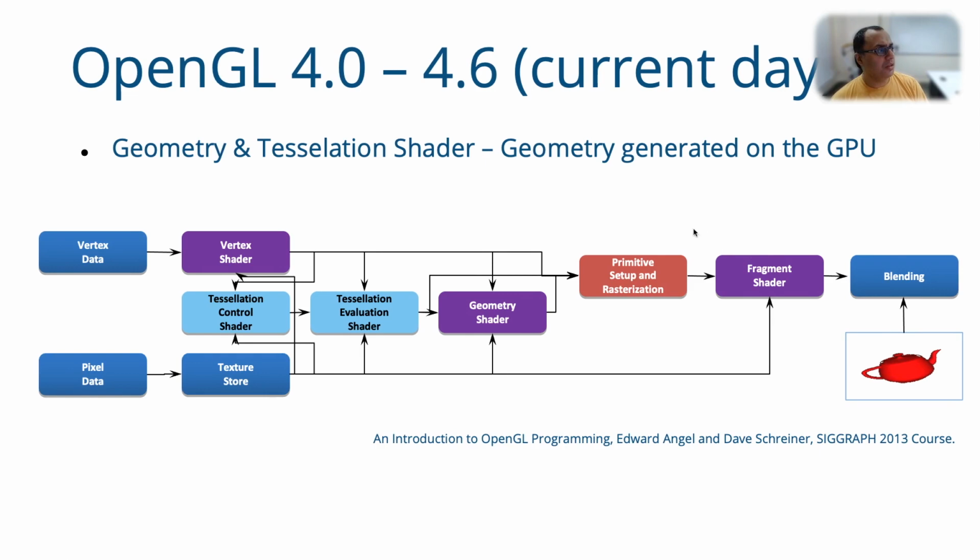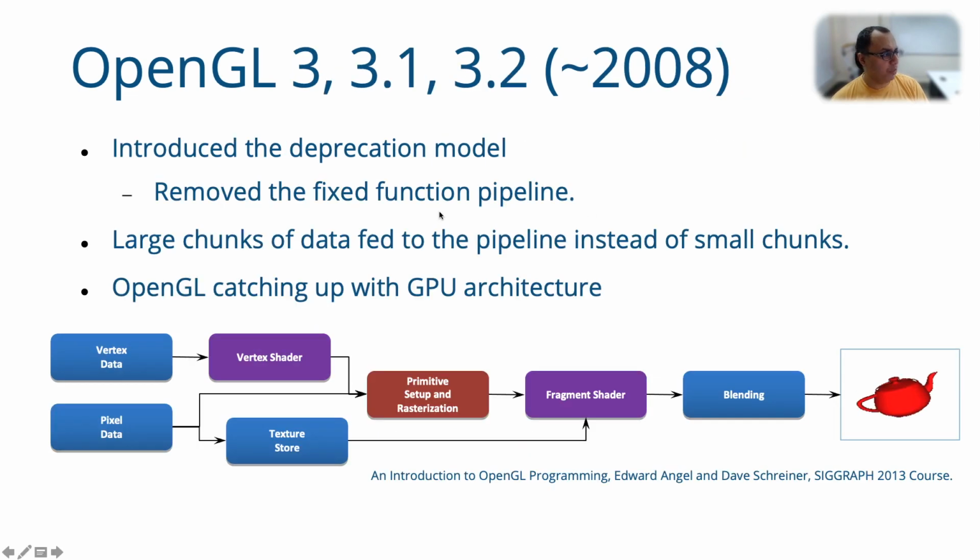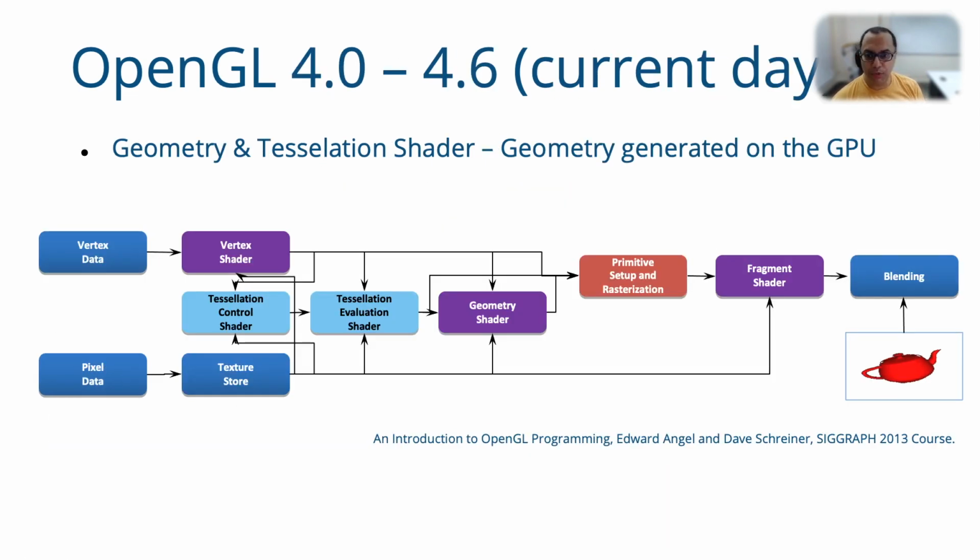Okay, so this is what exists in OpenGL 4, up to 4.6. We are okay with any OpenGL version 3.2 onwards. The main functionality we want is that of a vertex shader, a fragment shader, and the ability to handle data in buffers. So we will not really talk about tessellation shaders and geometry shaders in this course. You need not worry if your graphics card can only support OpenGL 3.3 and not OpenGL 4.1 and so on. 3.3 is just fine.